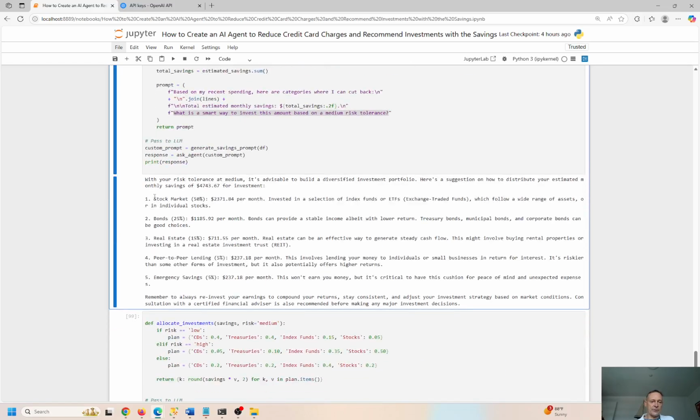So the agent comes back with stock market, put 50%, 2371.84. That's very specific. Now, I don't know if we have to manage down to 84 cents of that amount. Let's round it to $2,400 per month. If we can put $2,400 per month into the stock market, and that's more than the 800 we said a few minutes ago.